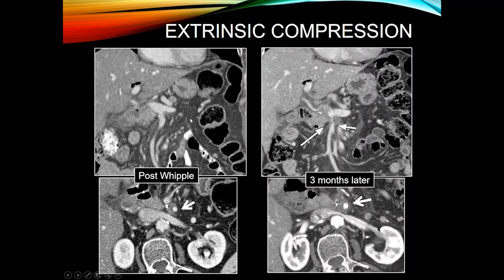Now, extrinsic compression can also be helpful and hint towards the diagnosis. In this case, the patient was post-Whipple and there was some soft tissue around the SMA. It was very recent post-Whipple, so we thought, could this be just post-operative change? They thought they got a good resection. Three months later, you see that the soft tissue is increased, but actually more significantly, you see the luminal irregularity, which in this case is due to and really confirms the tumoral extension and tumoral recurrence in this region, unfortunately,